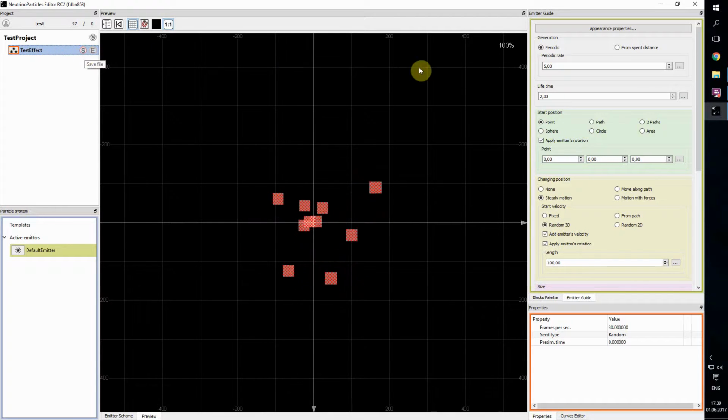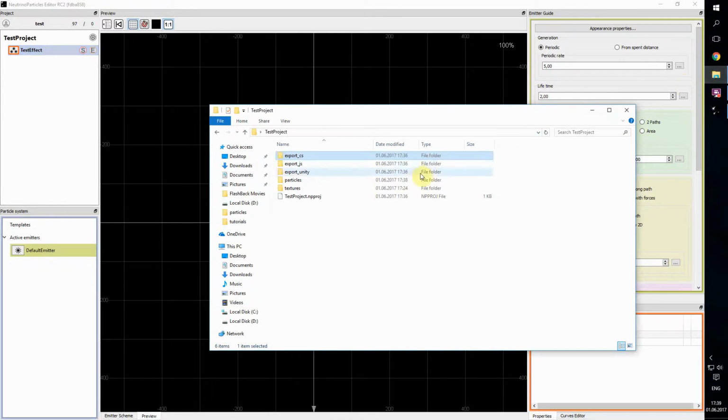So before you save this effect, you will have an autosave file in the effects folder, and in case